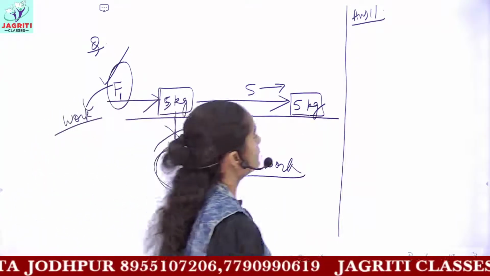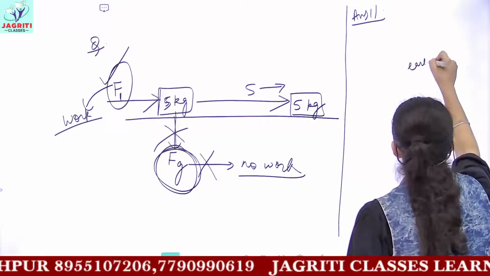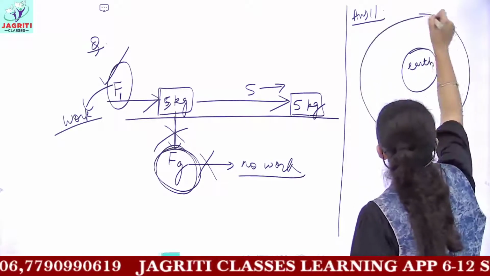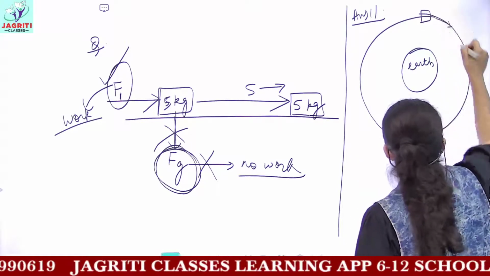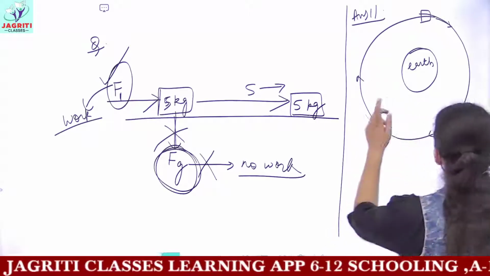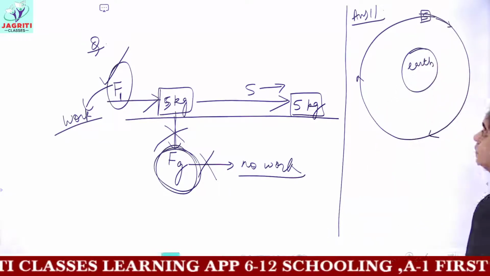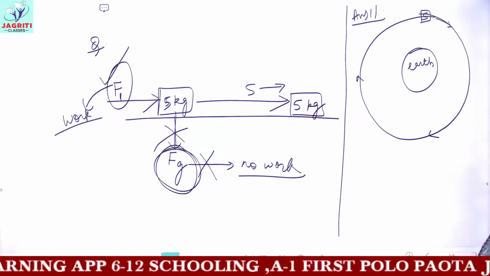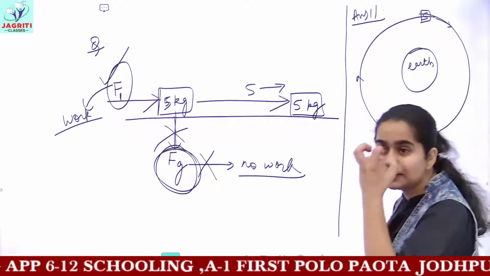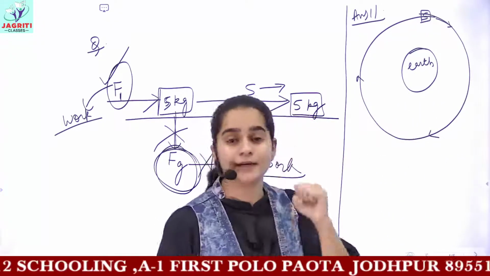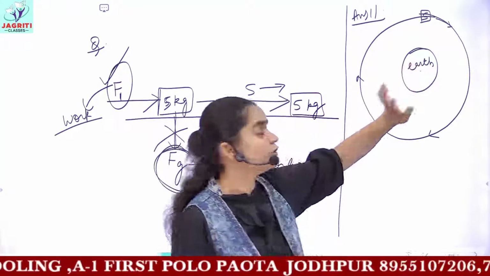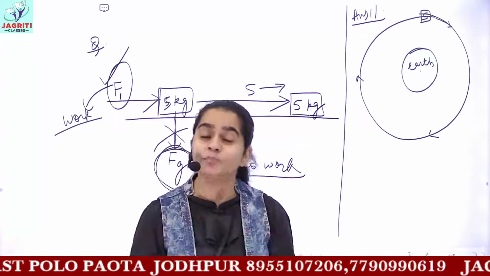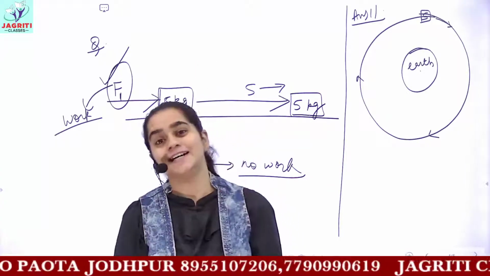So in the 11th question it is given that this is your earth present in the middle, and here you have a satellite which is revolving around the earth. So in this manner we consider this satellite is revolving around the earth. So it is asked, what is the work done by the force of gravity? You know that the direction of gravity is what? Towards the center of the earth, towards the core of the earth. Core is the centermost portion of the earth. So gravity tends to attract all the objects towards the center of the earth.